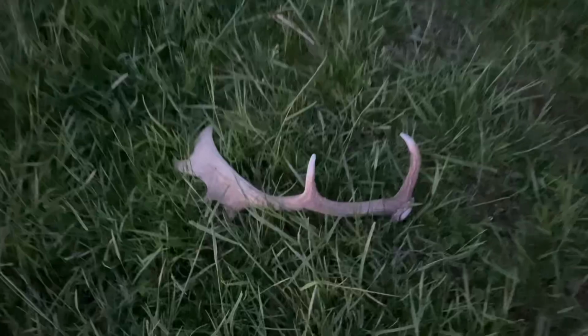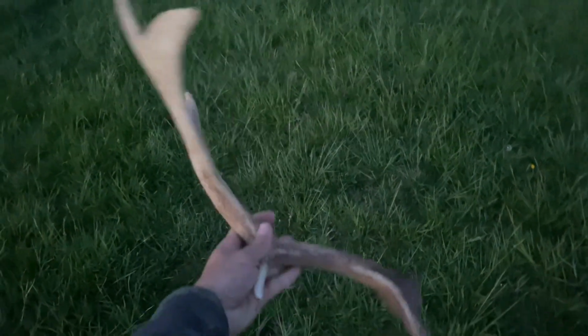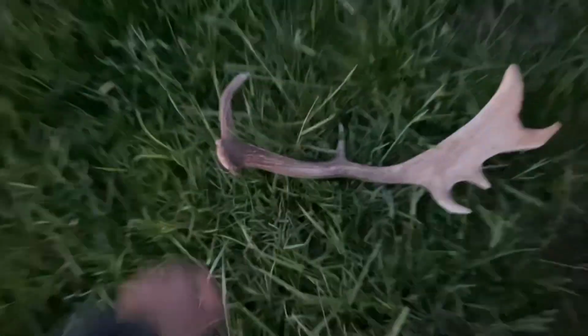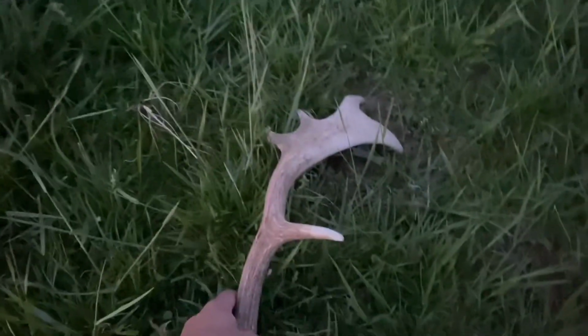Been climbing, but it's almost dark. I just found another one. I just came up out of this bottom. Came up, boom. Nice little freshie. Yeah, nice fresh one. Nice fresh fallow deer shed. Well,